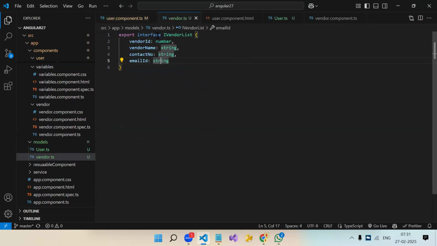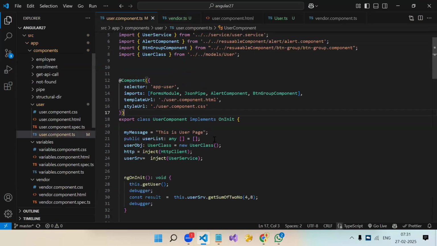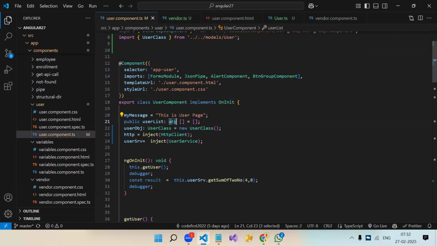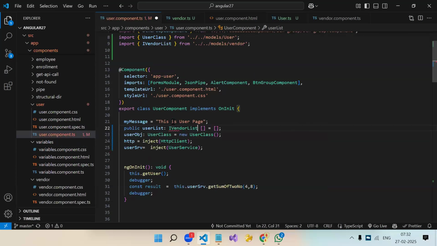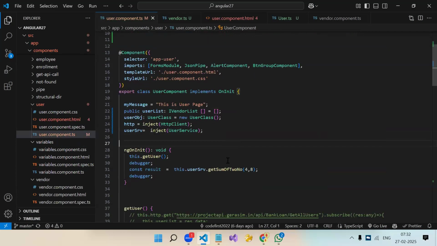Now, this is the interface. An interface doesn't have a constructor. Only a class has the constructor. Okay. Here, instead of any, now I will be using IVendorList. Understood?